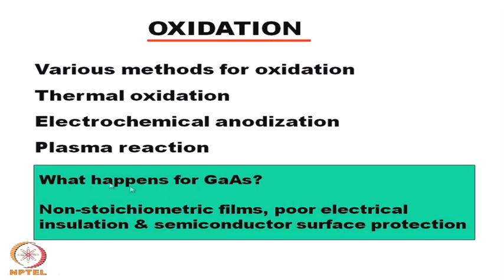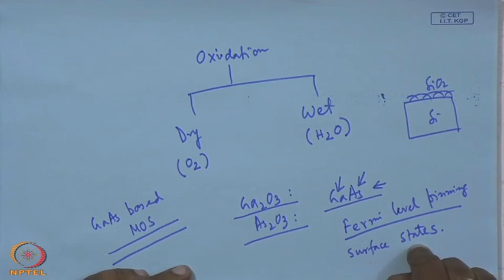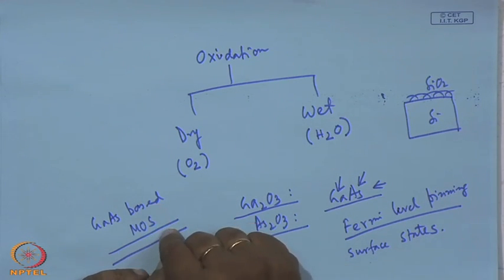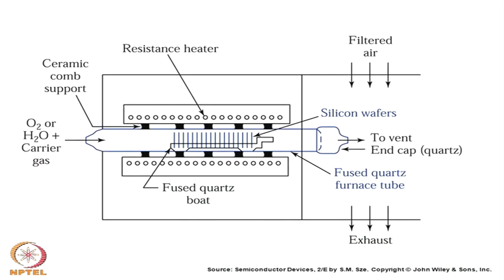So, apart from non-stoichiometry, poor electrical insulation etc., the Fermi level pinning is very important, which gives rise to surface states and which prohibits gallium arsenide based MOS device application. Now, this is a typical